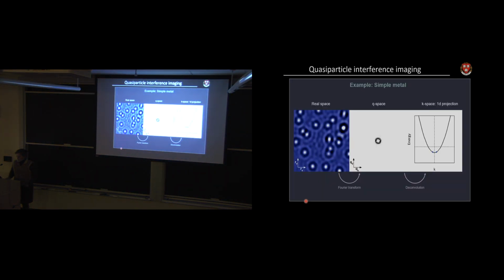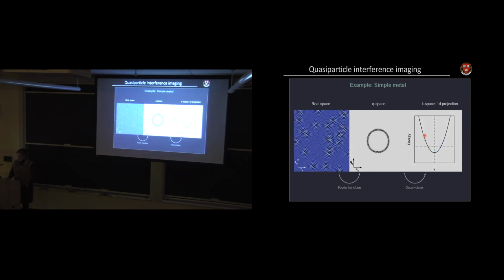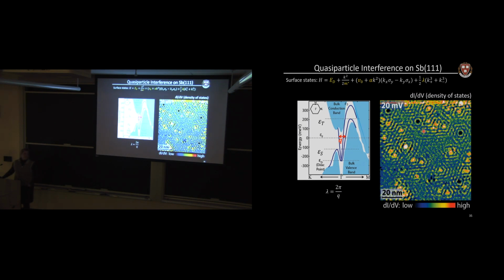Okay, so let me play my movie here. I think it's going to play. Okay, so we're increasing the energy. We're moving up the paraboloid. So our Q vector is increasing, and our real space wavelength is decreasing. We're going to be measuring this kind of a movie, Fourier transforming it to get this, and then inverting to get the original eigenstates of the material. And you're going to do that for different voltages? Yes, exactly. Fourier transform separately for each one? Exactly, yeah. And I know where you're going with this. It would be great to be able to do it holistically. I think that's the future. We've got to get there.